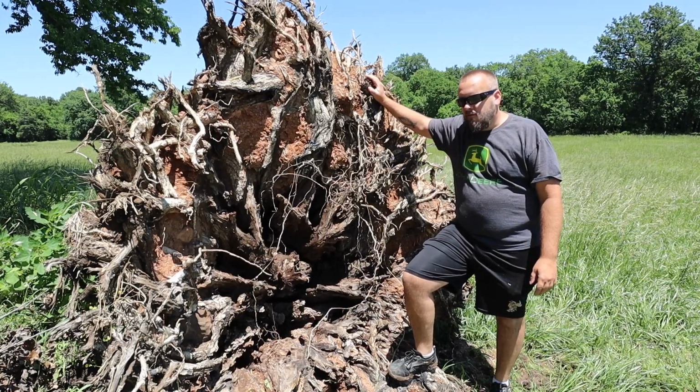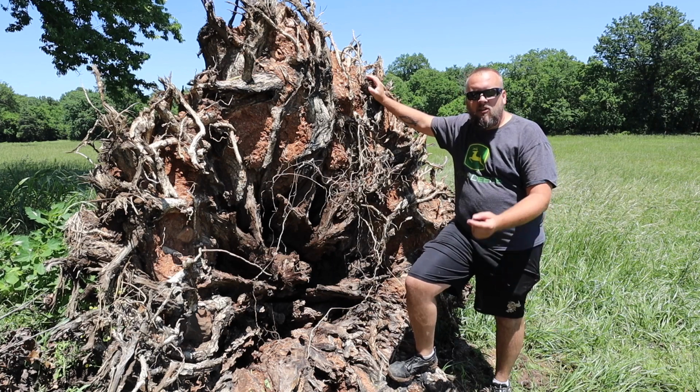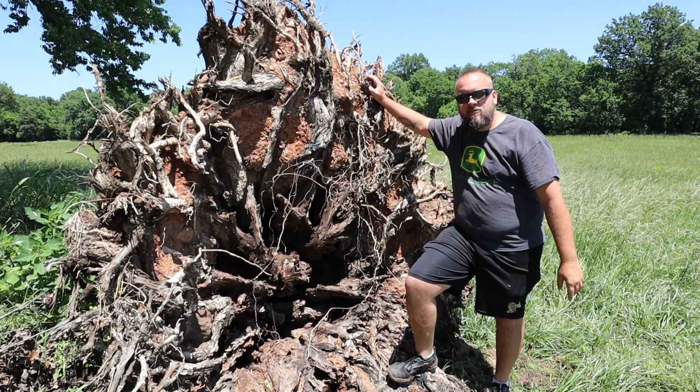It's Brock here from Rock Hill Farms, and I'm going to see if I can finally get rid of this giant stump. We dug this out right where the Quonset hut is using a mini excavator that could just barely move it,